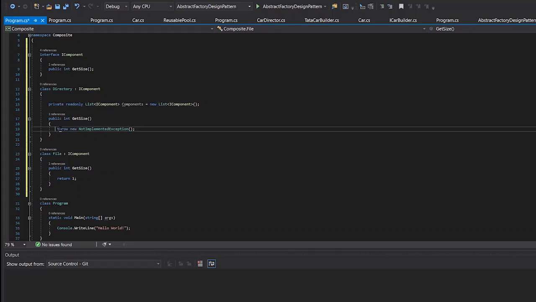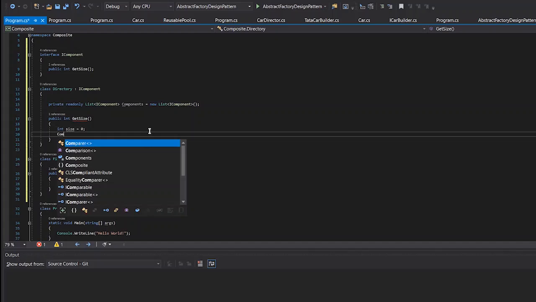Now for this get size of the directory, we need to return the size. We need to recursively iterate through all the components and return the size of each component. So I'll define the size as 0 initially.